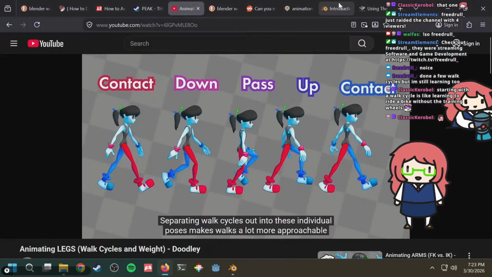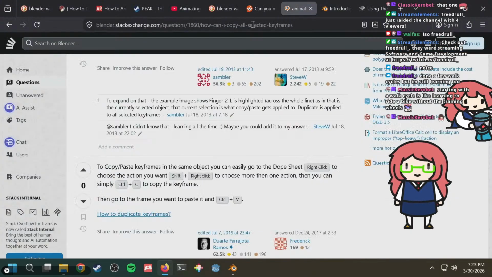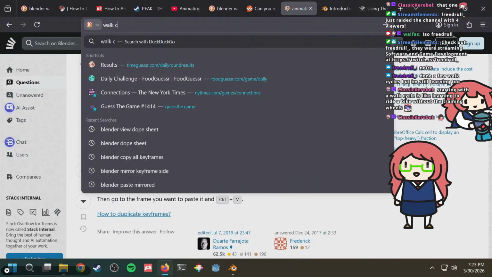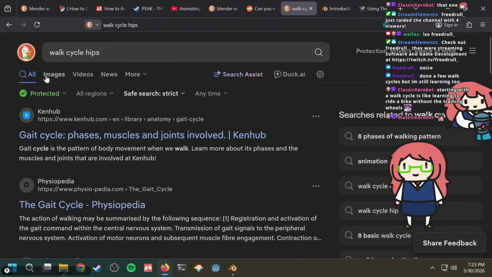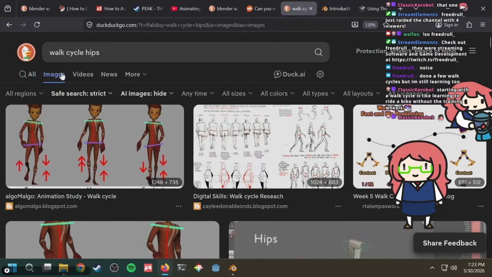Does that make sense? Hold on, let me look it up. What do we even search for? Walk cycle, hips. Okay, so let's see. The side that is touching the ground is higher up.